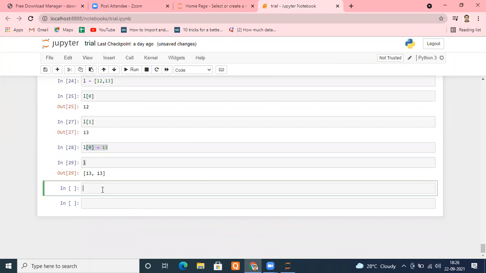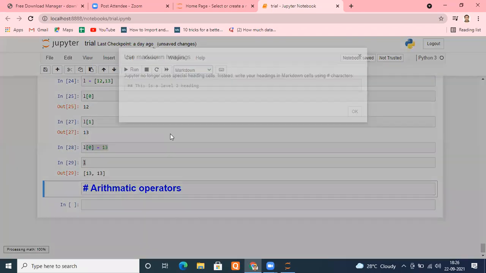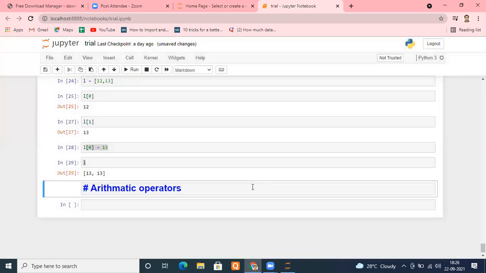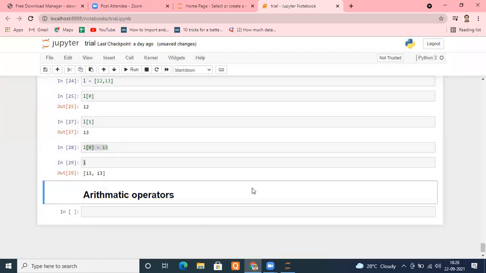Okay, let's move ahead. I think most of the things about strings we have already covered. Now let us move to the next thing, arithmetic operators.